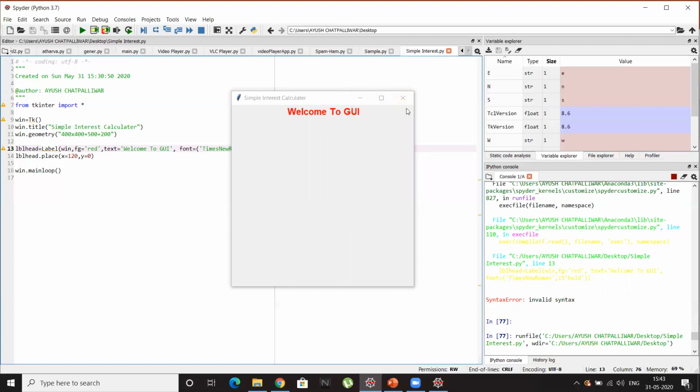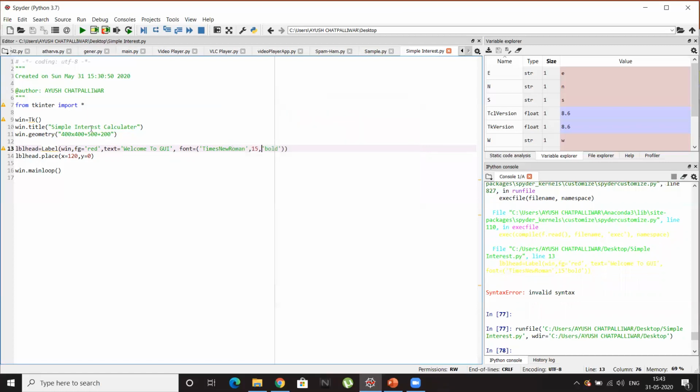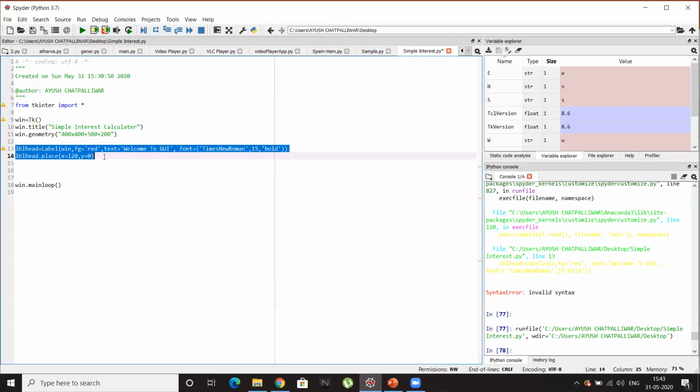Now let's create another label. I want to ask the user to enter the principal amount for the calculator. So I need to give a label for that. To give this label, I'll just copy this code.